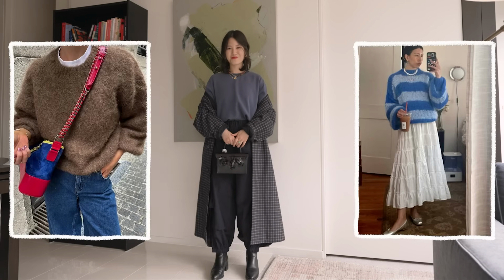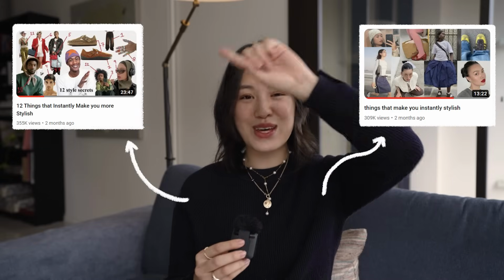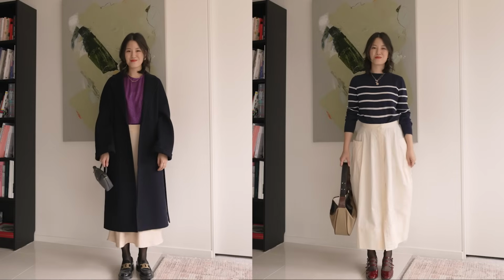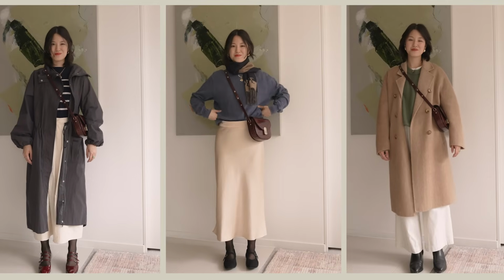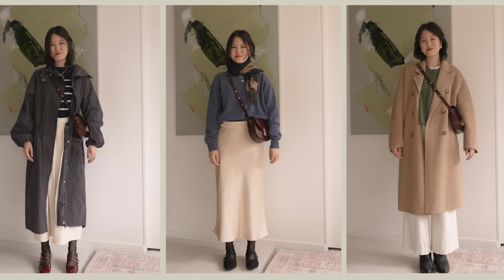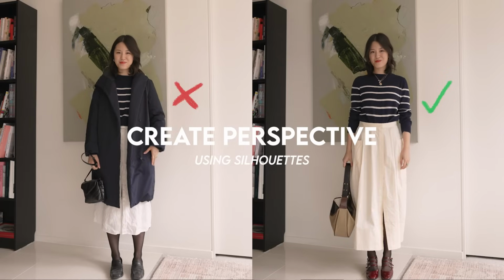There are things I see someone wear that tell me instantly they're a stylish person. I've been seeing these videos float around on YouTube, and today I want to share with you 12 simple things that instantly make you look more stylish. It's a mix of things that I've seen very stylish people do in real life and online, and it's also things that I've tried and tested in my wardrobe that I feel like make all of my outfits that little bit more stylish. If you want to instantly look more stylish, one of the first things I would do is